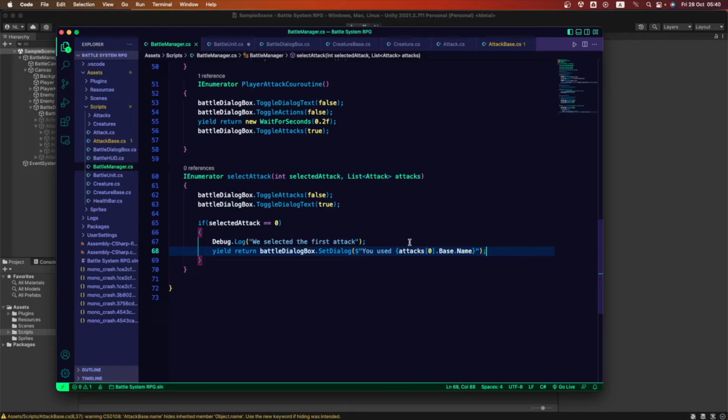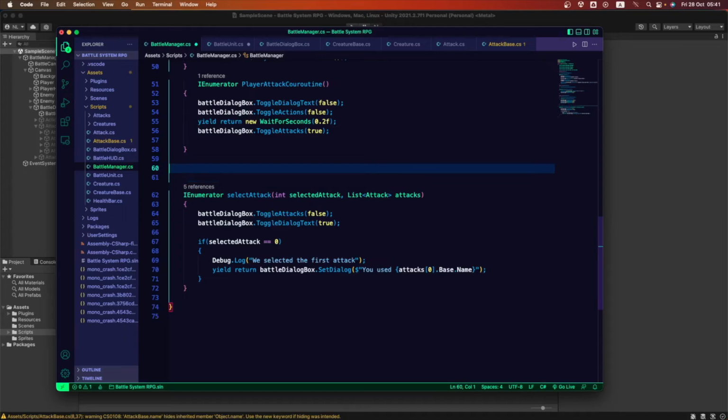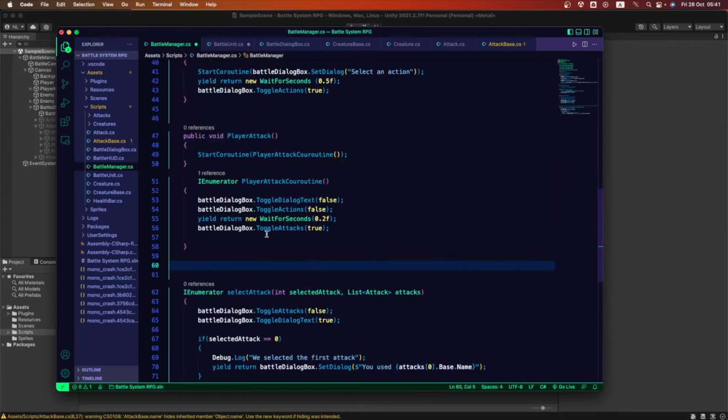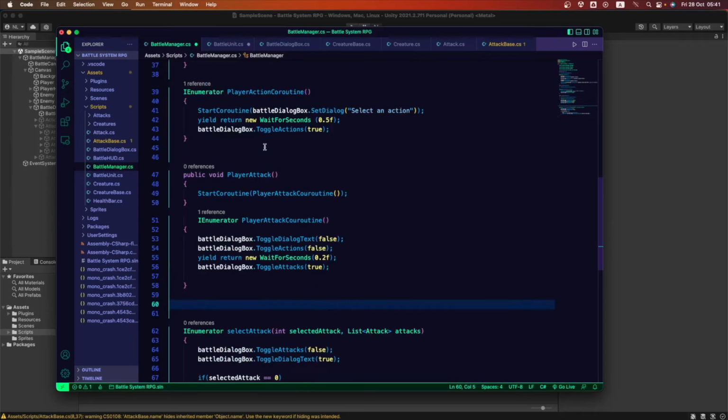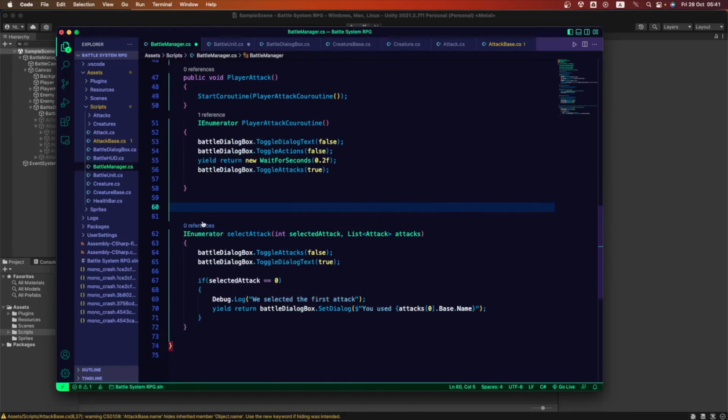and we can't use this yet inside the engine, inside the inspector. We can't assign it to any button because remember, we can't access the coroutines in the inspector. So we gotta create a middleman method, like the one we already used in the last lesson. Remember we created a middleman method for the player action coroutine. We're gonna do exactly that with this select attack method. So let's try and do that.